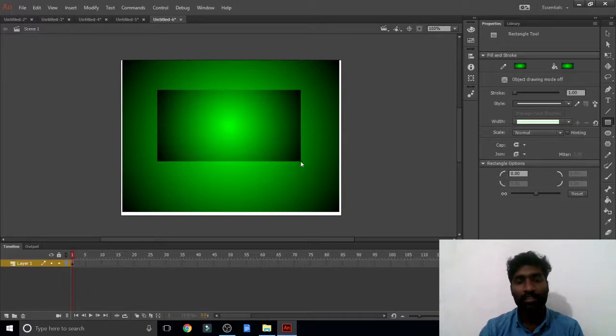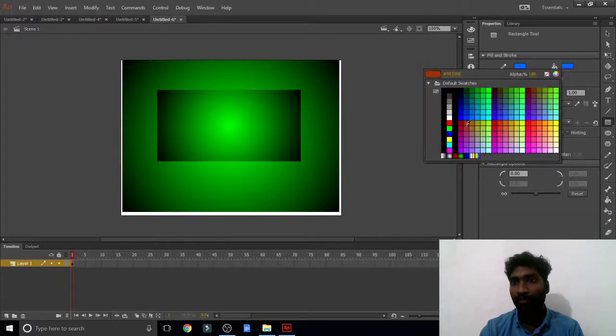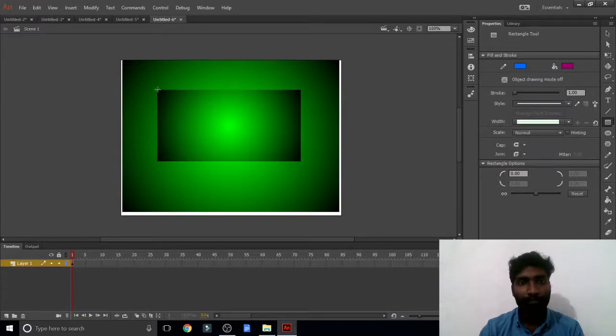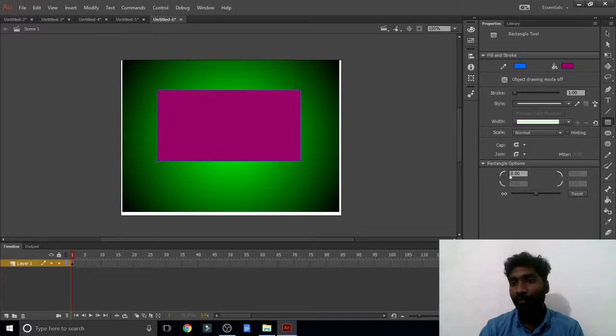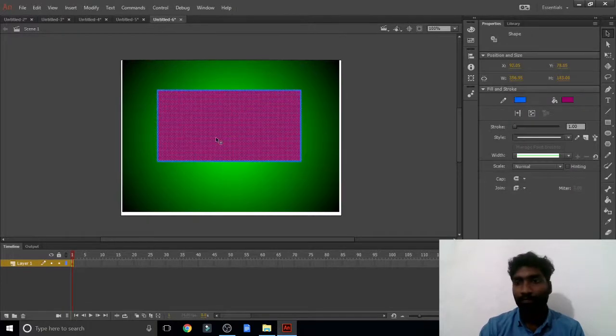This one I think we can change the color. After that, what they did is just reduce the radius, which I already told you, so no need to show all that because time is going.